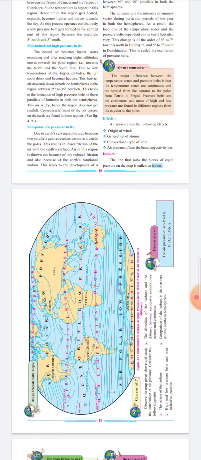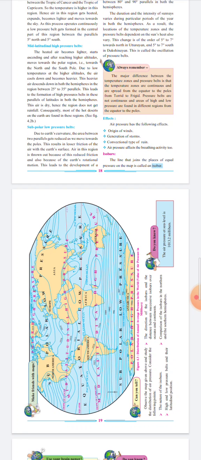And in southern hemisphere, water is more, oceans are there. Direction of pressure belt is towards east to west, and distance between the isobars is constant. They are not zigzag, they are parallel to the latitudinal lines. So there is no difference in the isobars in the southern hemisphere, and there is a great difference in the isobars in the northern hemisphere, because in the northern hemisphere land is more, in the southern hemisphere water is more.